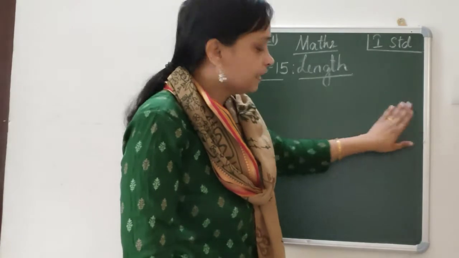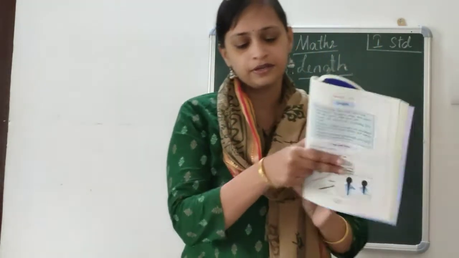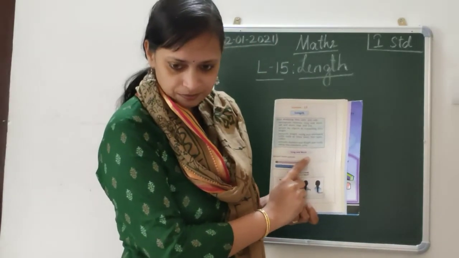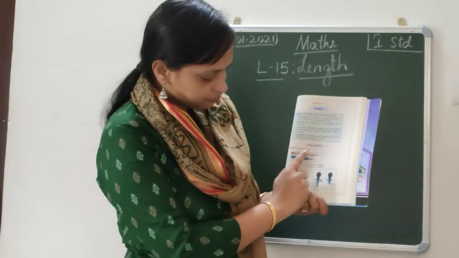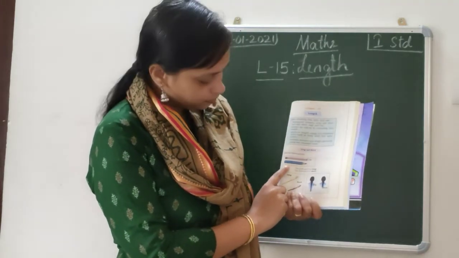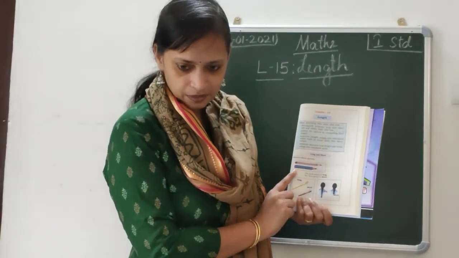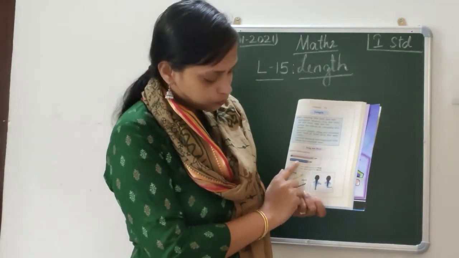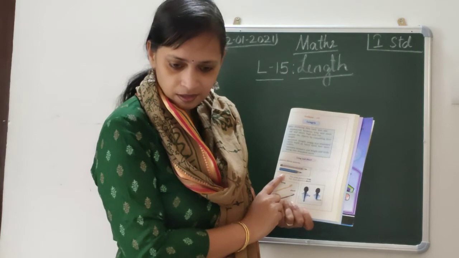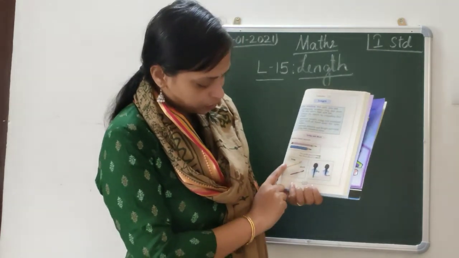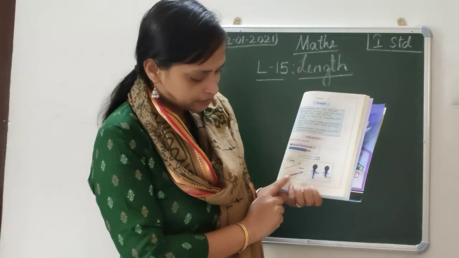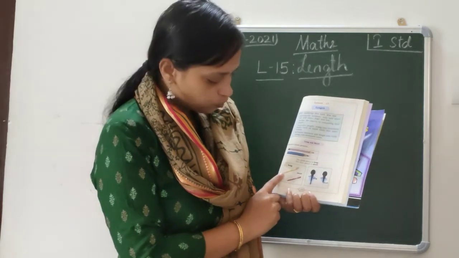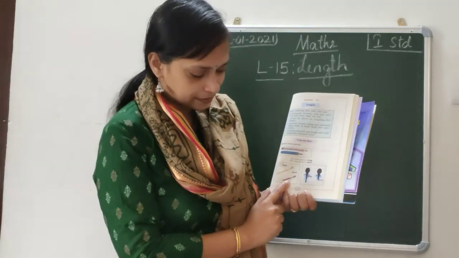Yes. Okay, now take your textbook, page number 169. Okay, long and short. Observe these pencils. There are two pencils given, a pink color and a blue color. If you see, the pink color pencil is longer than the blue color pencil. Yes or no? Yes. And the same way, see over here, they've given you two toothbrushes. One is yellow, one is red. Which is the longest one? Yellow. Very good. Yellow toothbrush is longer than the red toothbrush.